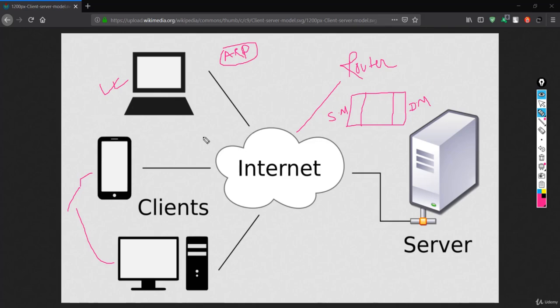First of all, this is the client, and if this client wants the information of another client that is connected in the internet, or the MAC address of that client, it is done first by the ARP request. This client, which is connected to the same network that the other clients are connected to, will first give the ARP request. It will send the ARP request to the router saying who has this IP address.